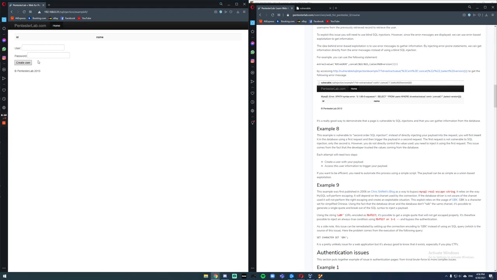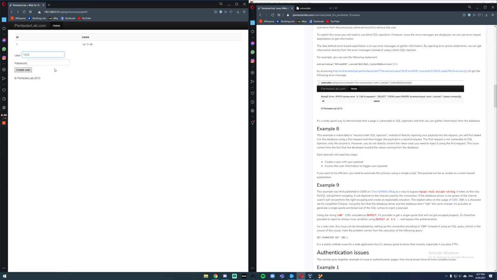So now, to do this, we will first try to create a user. We'll create a user with our payload, so the user will have our payload, which would be or 1 equals 1 with the encoding sign, and the password could be whatever we want. Create user. You see here, the code is not yet injected because we have to create another user, a random user,